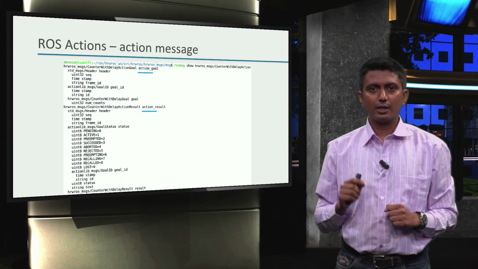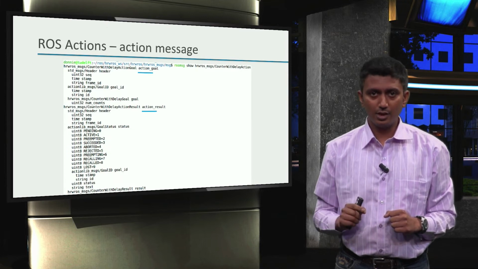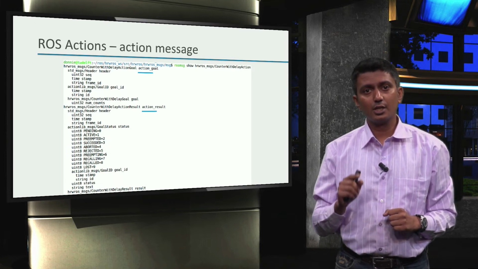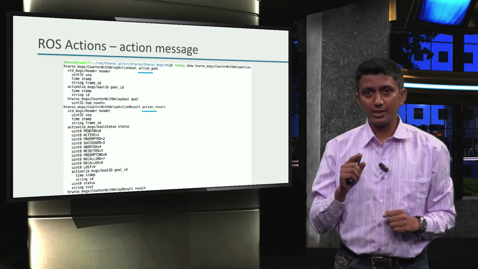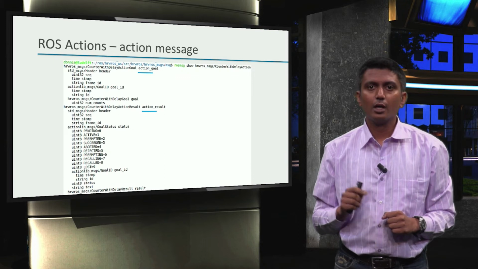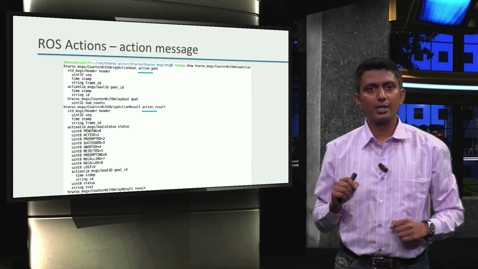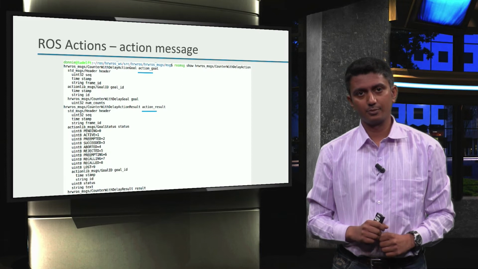Notice here that the action goal and the action result have the text action underscore prefixed to the goal and result fields of the messages on the user side. This indicates that the information is used by the actionlib package.